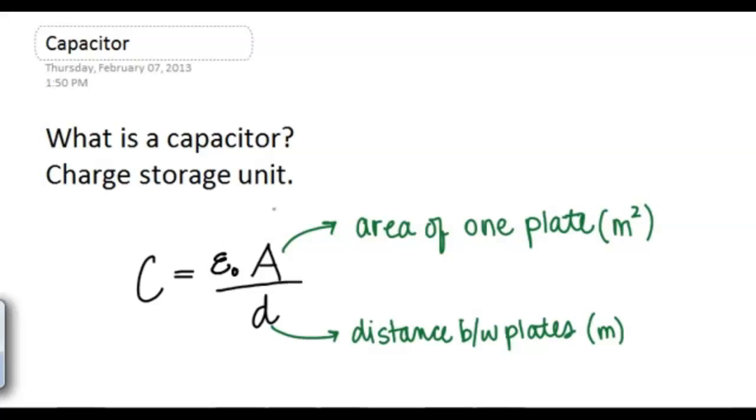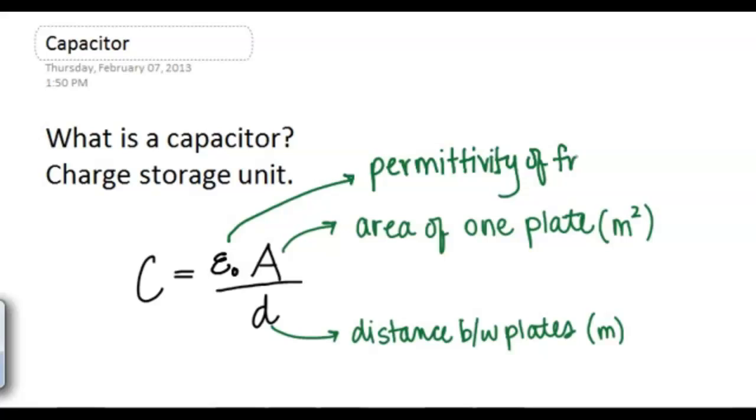Okay, so this is our permittivity of free space, and it has a value, and I'm going to write it right above it because I kind of ran out of space. It's 8.85 times 10 to the negative 12, and its units are Coulomb squared per